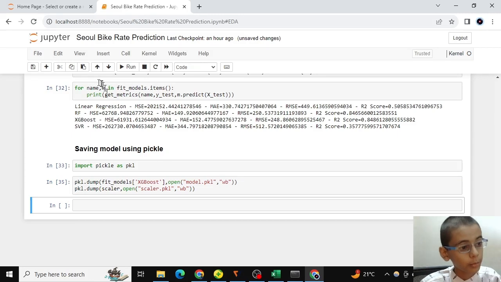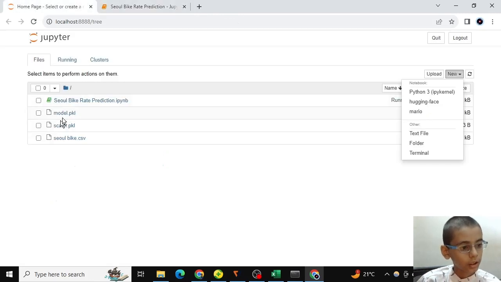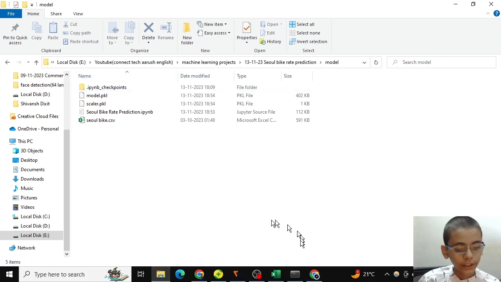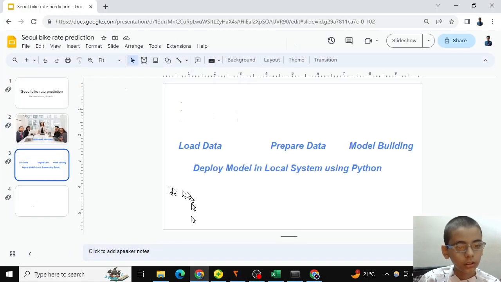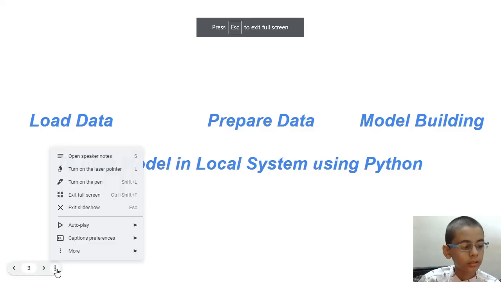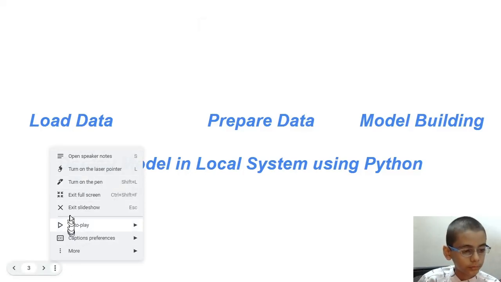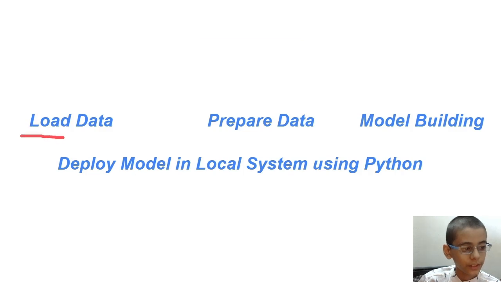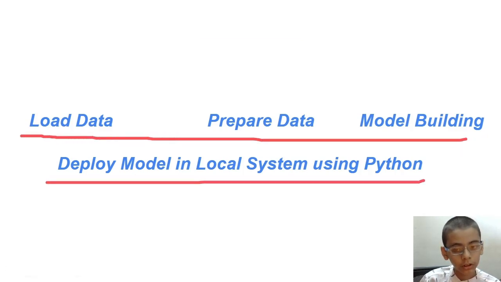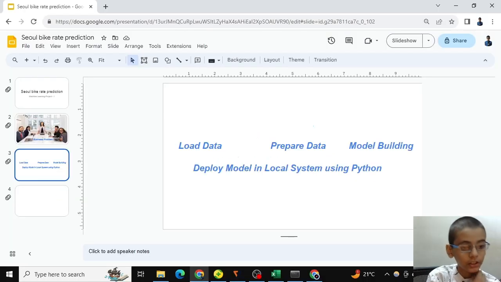Guys, we have saved our model. Let's take a look. Here are the scaler and model. Both are completed. So let's create our inference class. We have done these 3 steps. We are on the last step: deploy the model in the local system using an inference class.